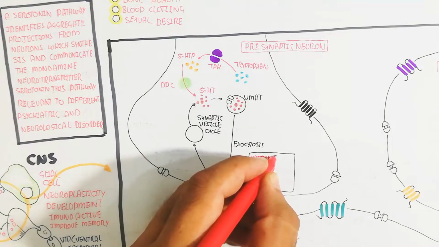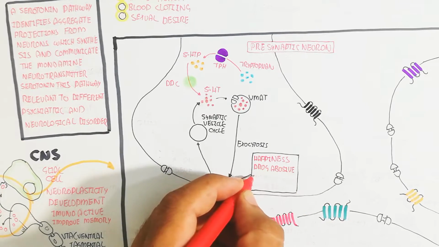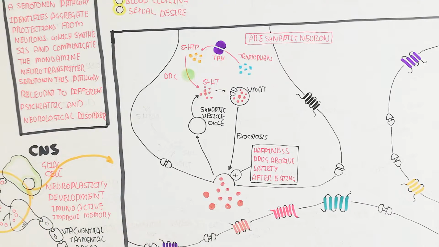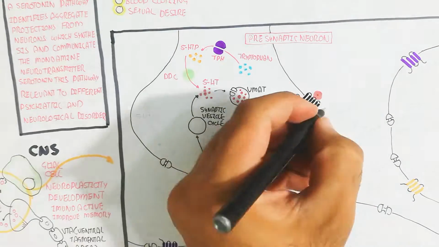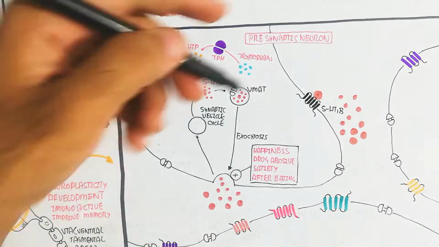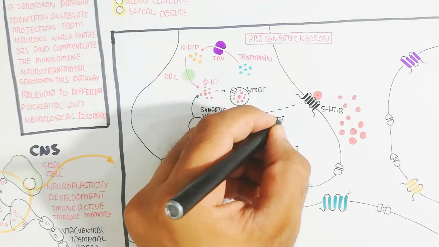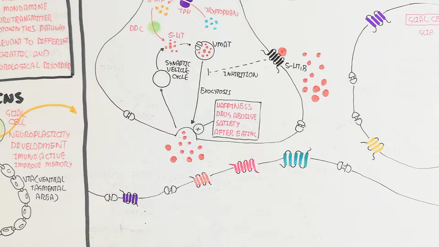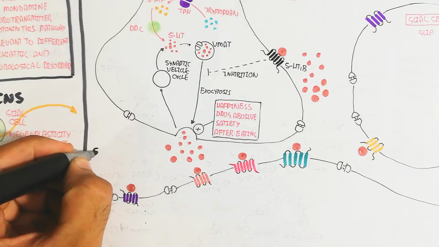In this way happiness, drug abuse, and satiety after eating will all trigger serotonin exocytosis. This is basically due to stimulation of the higher brain cortex stimulating the serotonergic neuron. And if not, the 5-HT1B receptor inhibits VMAT exocytosis, so the transportation will not occur. In this way the event is triggered due to happiness. So it will bind. Here you can see serotonin with different receptors.